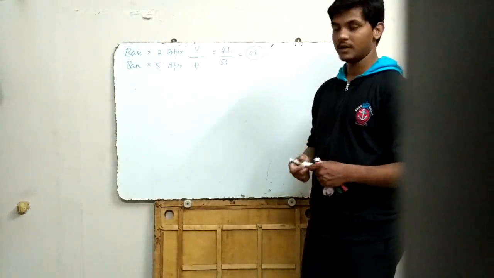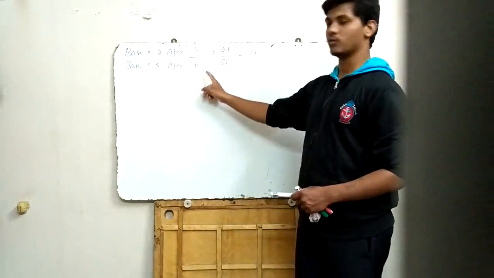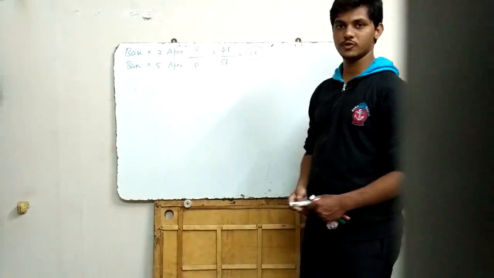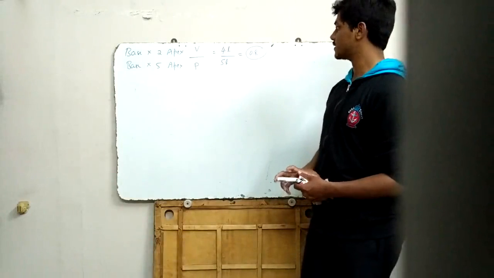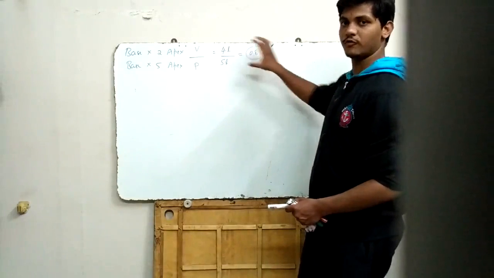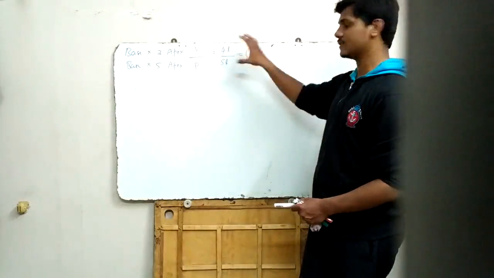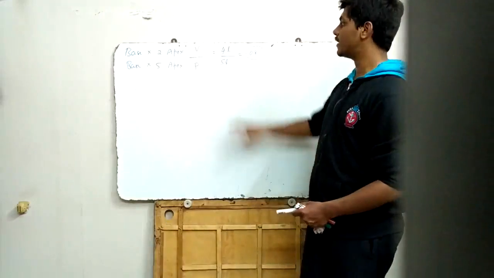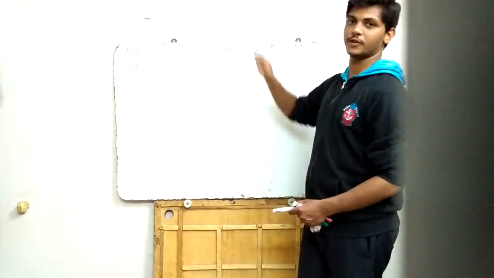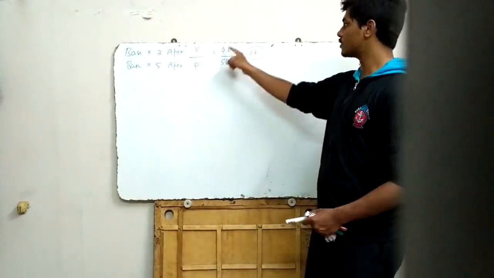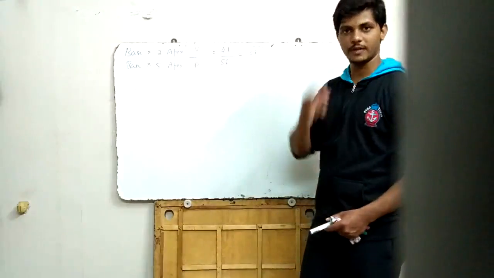What does it mean? There is less ventilation but more perfusion. What it actually means is that 5 liters of blood is going through the lungs, but only 4 liters of air is available. So the blood is not oxygenated as it was expected to be. It means all the 5 liters of blood is not oxygenated because only 4 liters of air is available.